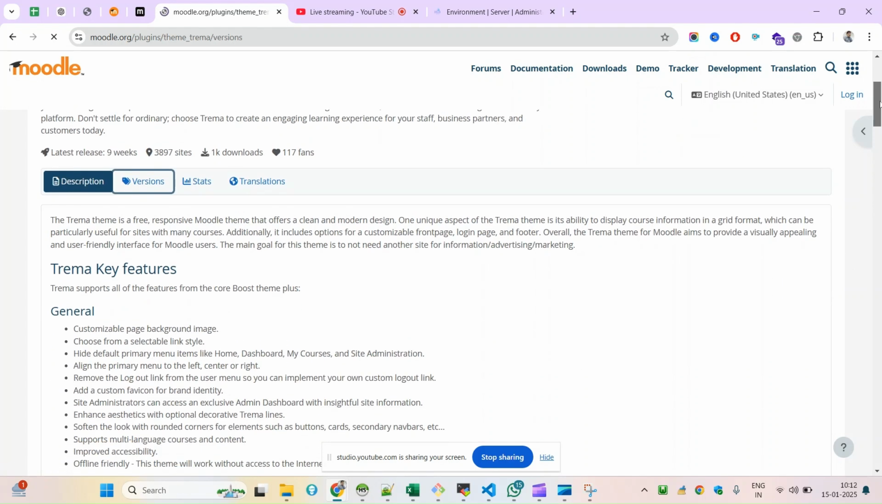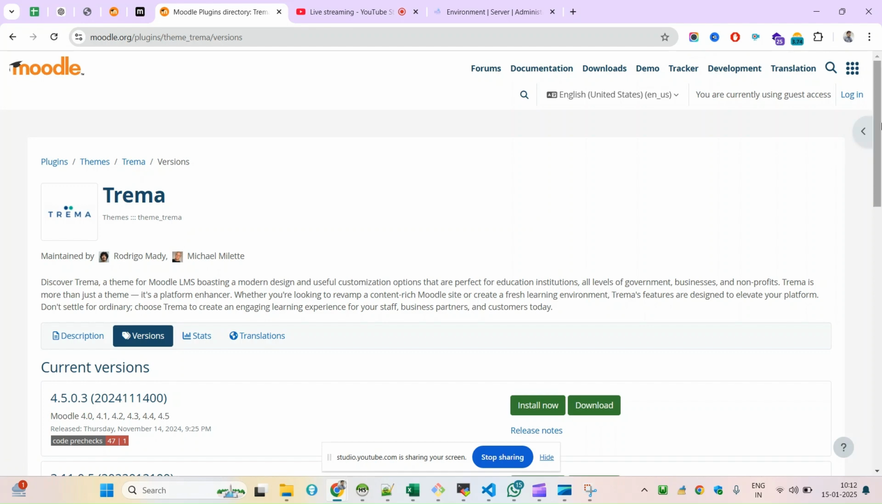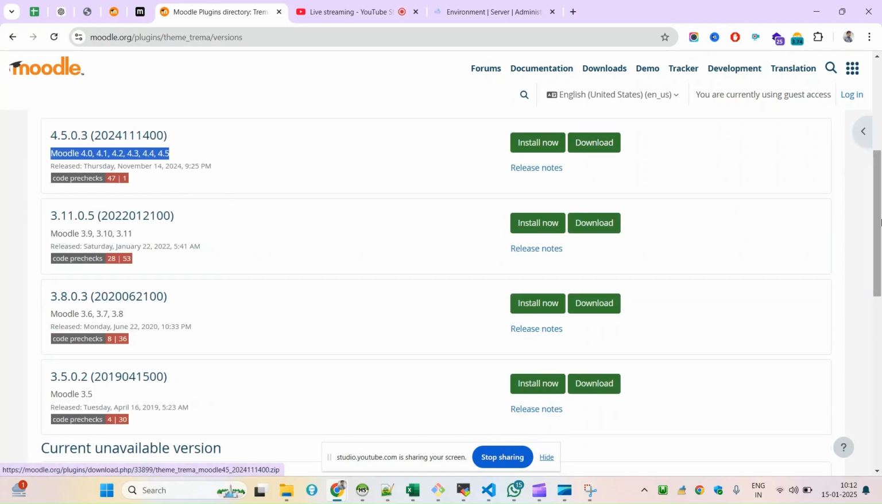And before downloading, you'll have to come here under version and you can download this. So ideally